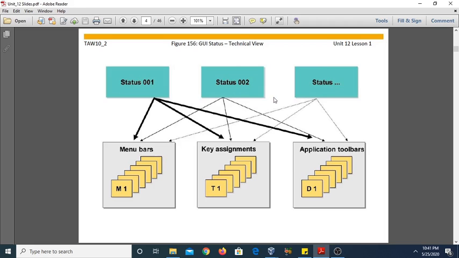So a GUI status can also be described as an ABAP program object that can be displayed on the screens as well as lists. As you can see, we have here a number of statuses: status 001, status 002, and so on. In each status we have menu bars, key assignments as well as an application toolbar. In the practical example, we will create the status bar as well as the GUI title.